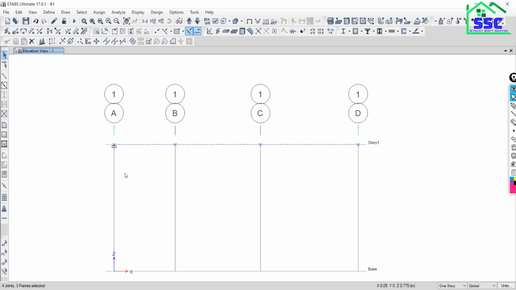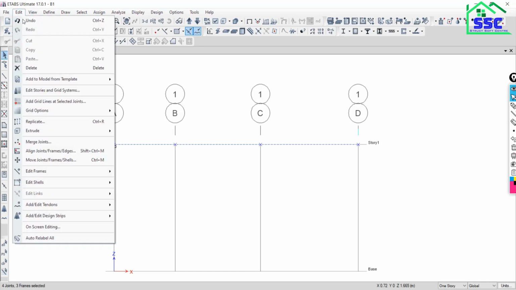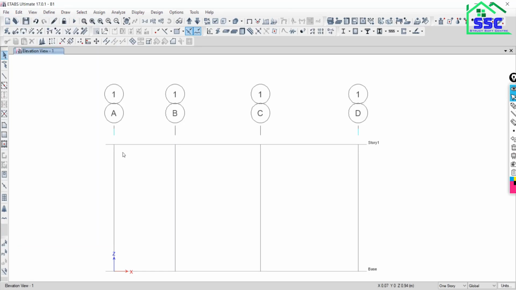If you want to deselect, just click on Clear. Then, with everything selected, go to Edit and you can find the option Delete. Once you click on Delete, everything will be deleted.